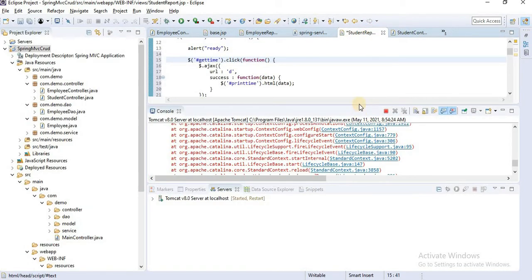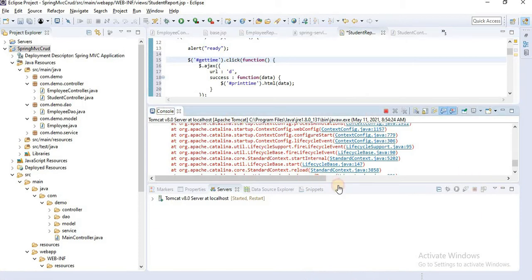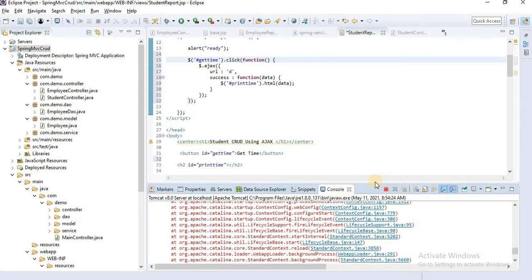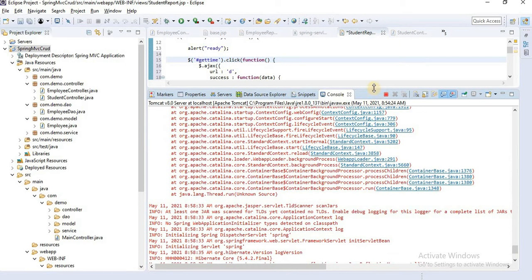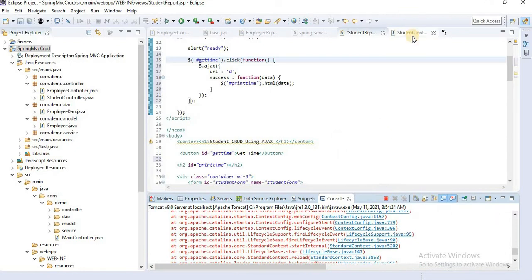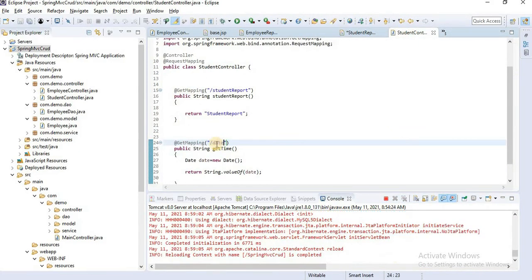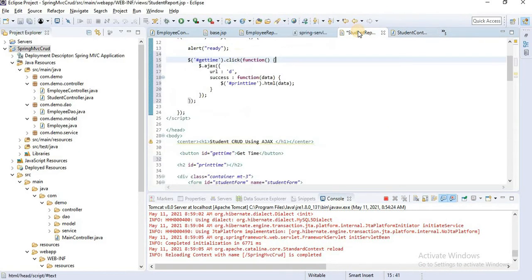Wait a moment. In the controller, we define URL date. That URL we are calling from the Ajax call, date.